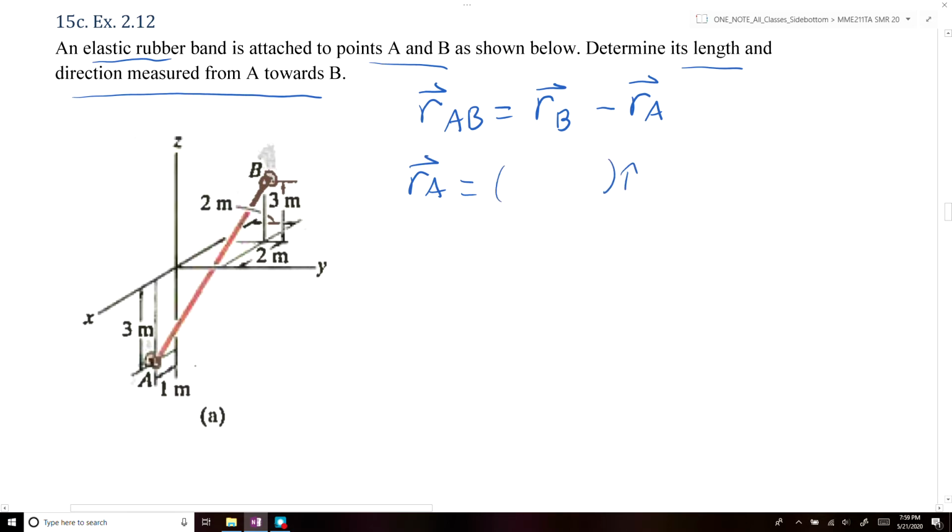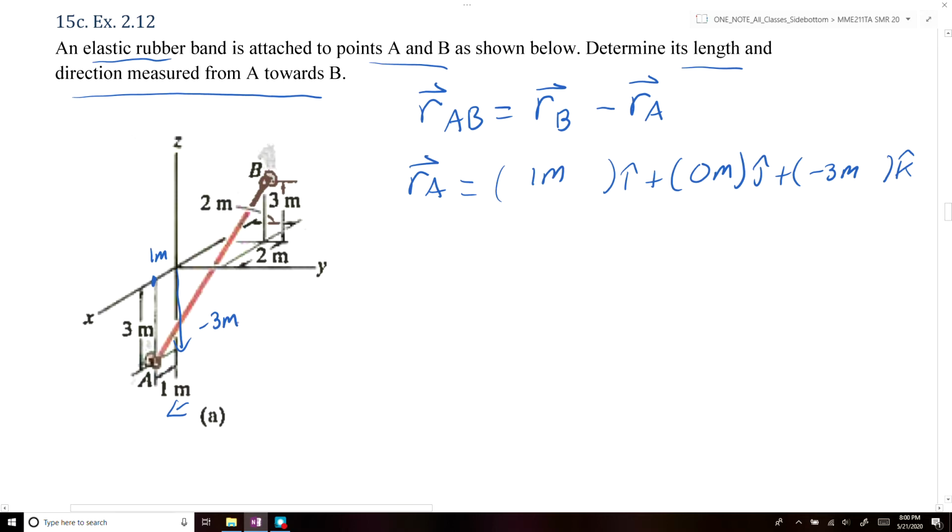X of point A. Point A is 1 meter along the x-axis, so its x component will be 1 meter. It is along the xz plane, so the y coordinate of point A is going to be equal to 0 meters times j, and then the z component of point A is going to be equal to negative 3 meters because it goes along